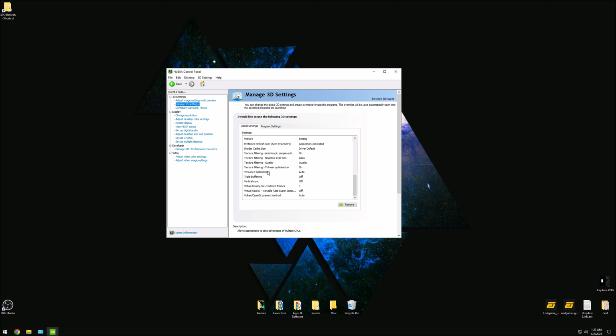So I'm going to scroll all the way down to the bottom again. I like to go bottom to up. Threaded optimization, enable that, turn that on. Texture filter and quality, high performance. You guys have seen these in every NVIDIA control panel driver tutorial ever. But it's basically the same stuff. Highest available refresh rate, change power management mode to prefer max performance,